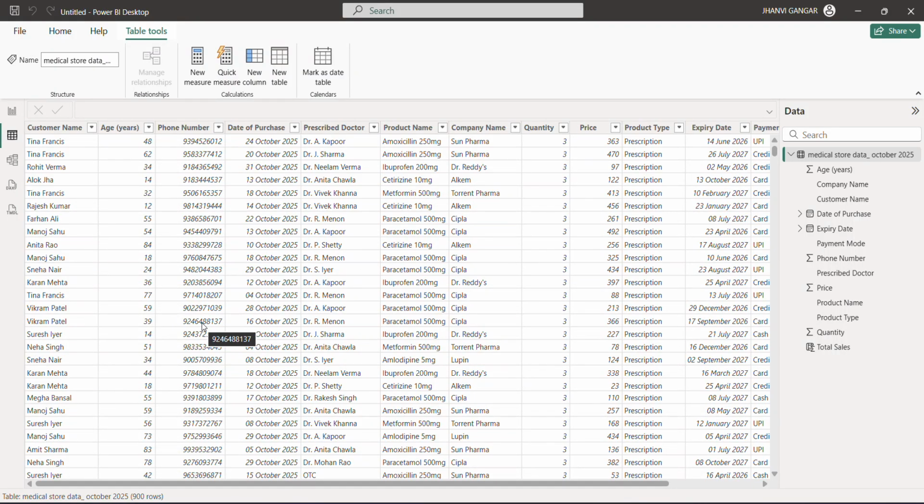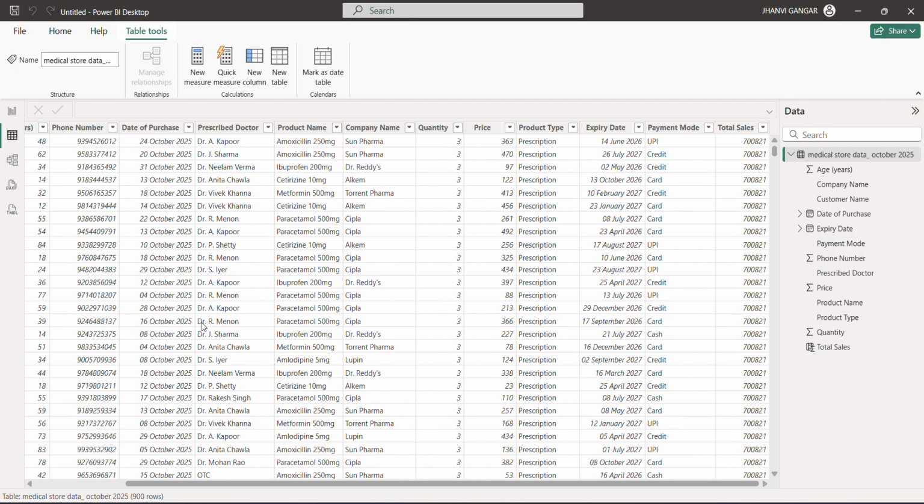Hello everyone. Today I'll be sharing how to use Power BI in analyzing the data from a medical store. This data is about their sales done in the month of October 2025, and it contains various sections like the name of the customer, their age, phone number, the date when they purchased it, the product was described by which